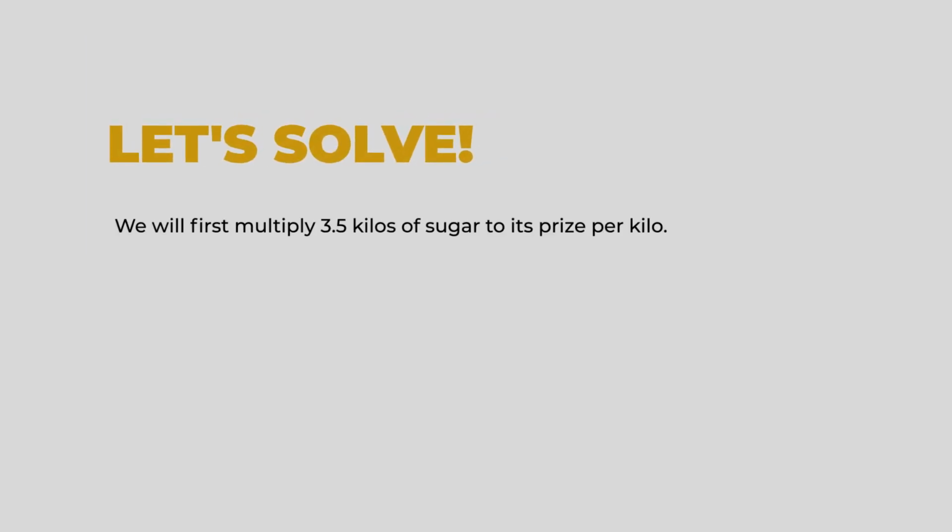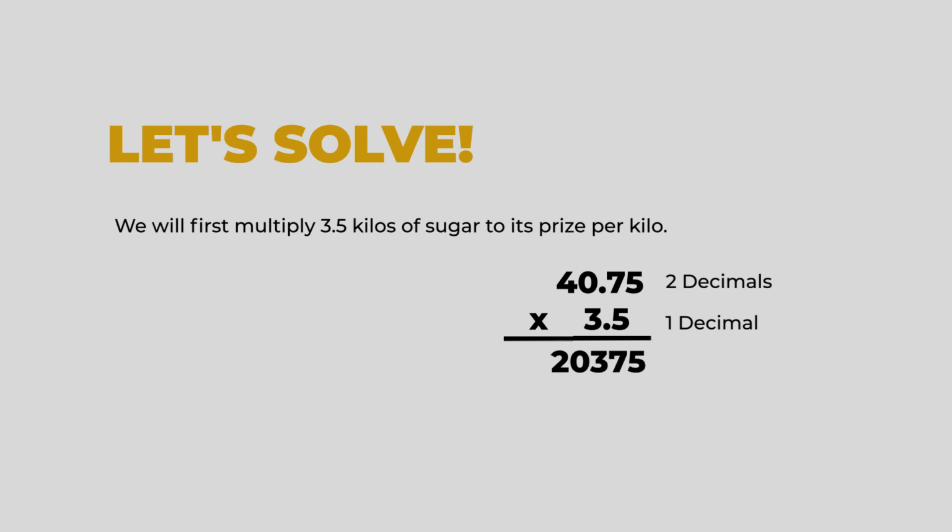Okay, let's solve. We will first multiply 3.5 kilos of sugar to its price per kilo, which is 40 pesos and 75 centavos. 40.75 times 3.5. First, we will multiply 40.75 by 5. 40.75 times 5 is equal to